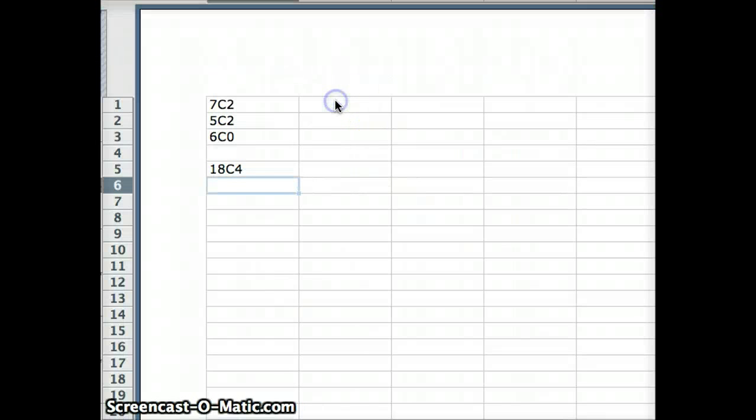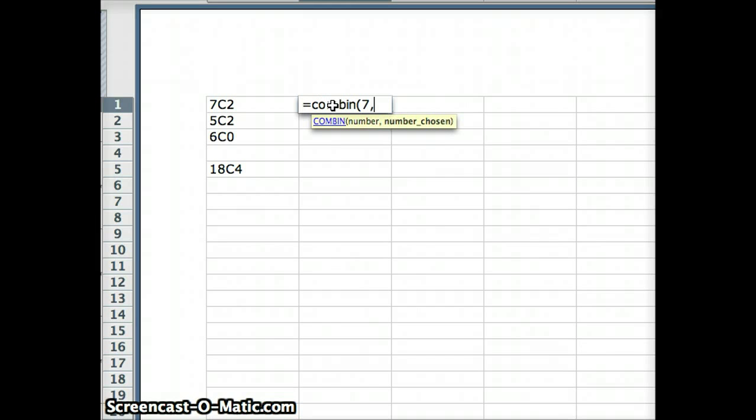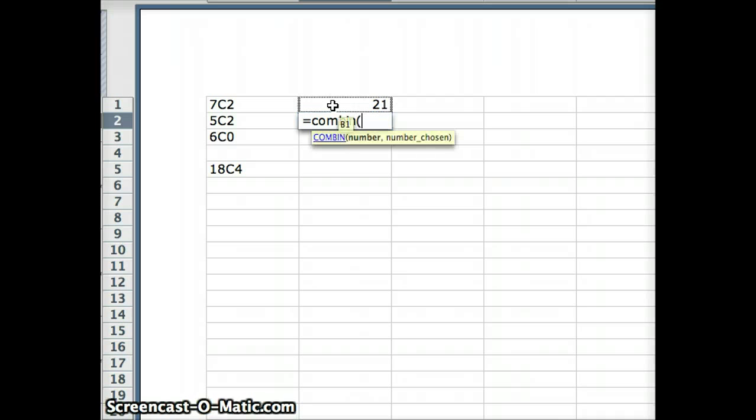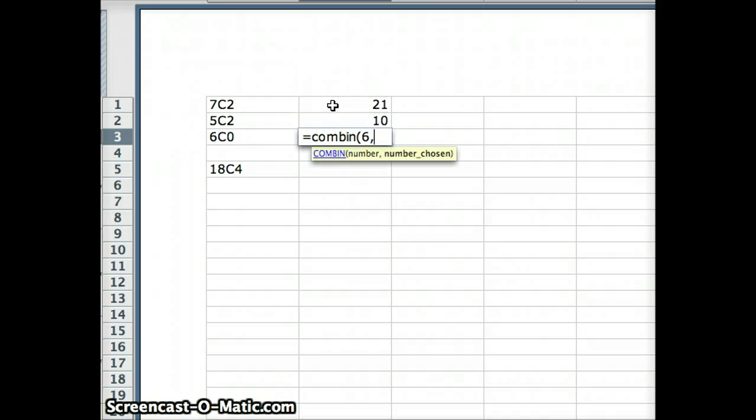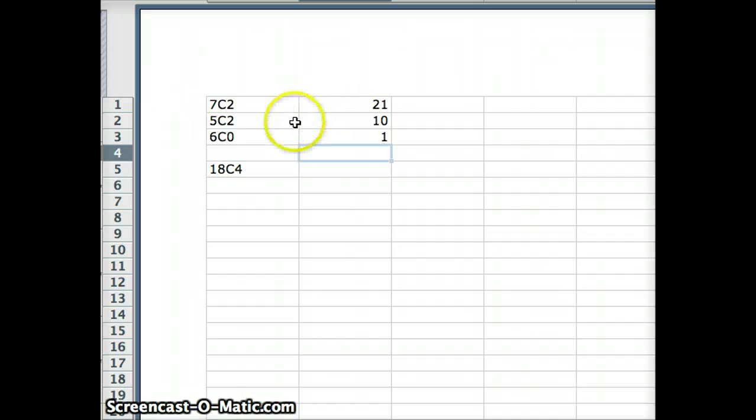So these are the numbers we need. 7 choose 2. We're going to type equals combin 7 comma 2. We get that number. For 5 choose 2, we're going to type equals combin parentheses 5 comma 2. And for 6 choose 0, we're going to type equals combin 6 choose 0. That, of course, should be 1. And it is. And our denominator is going to be 18 choose 4. So we'll type equals combin